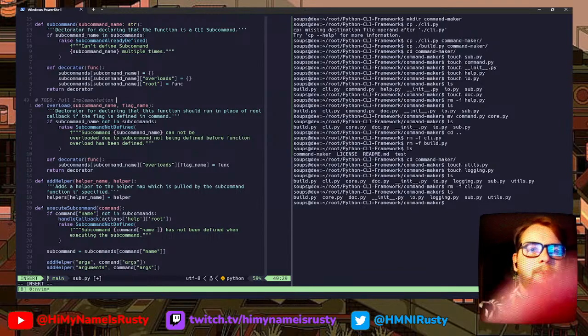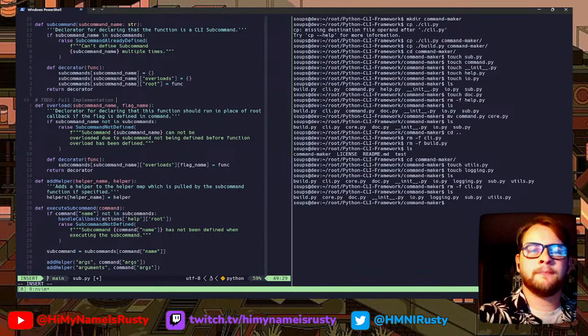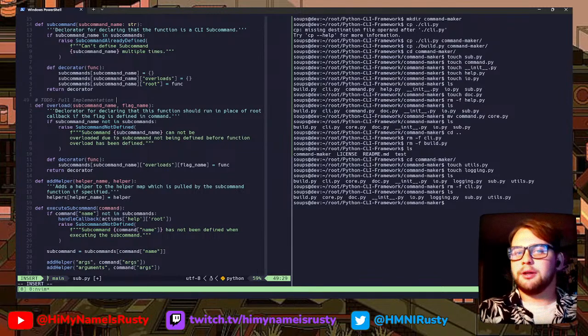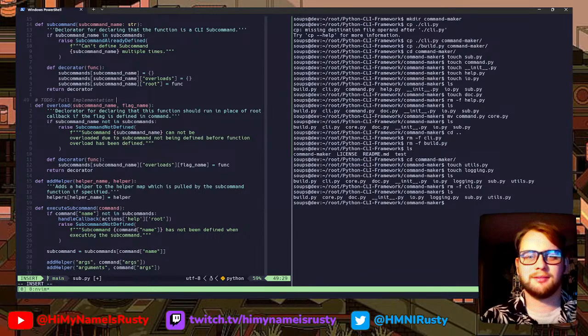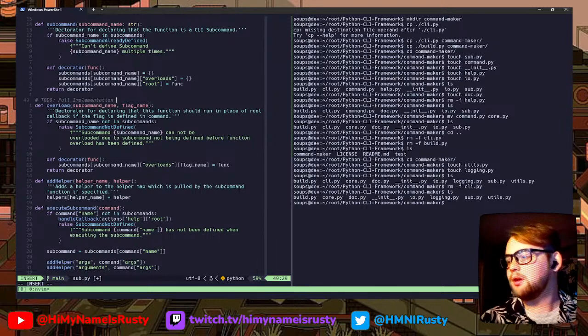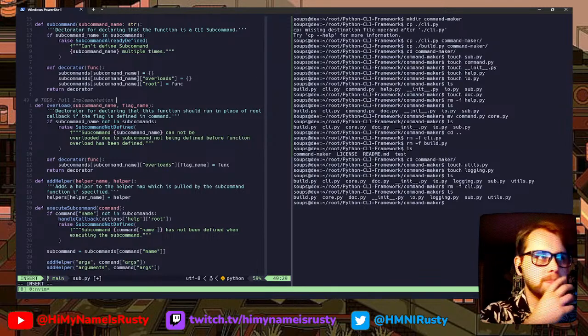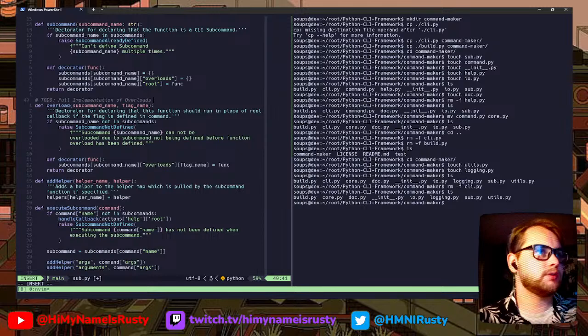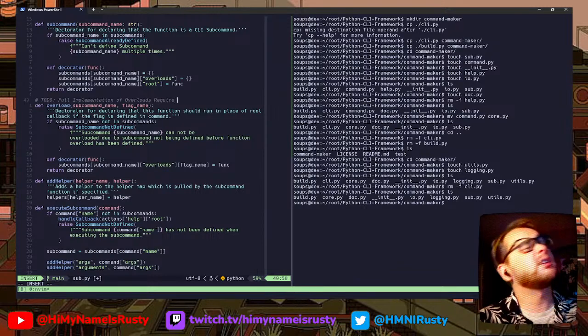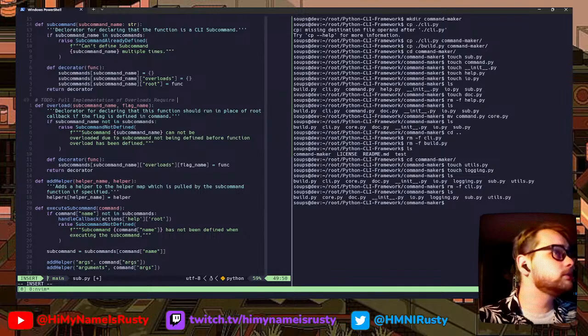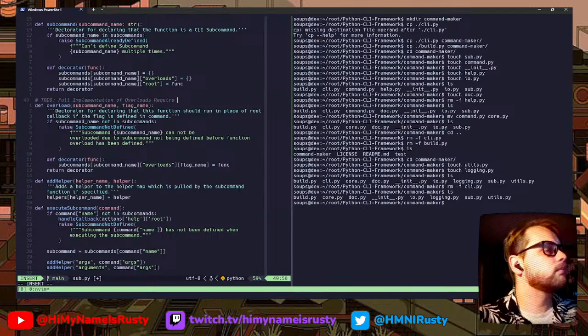Lovely. All right, well. Where we're at, full implementation of overloads, require, edge cases.